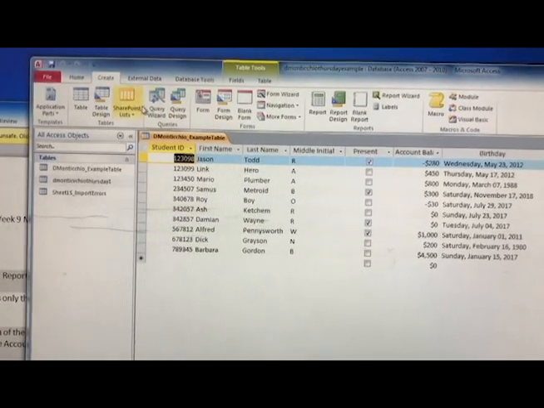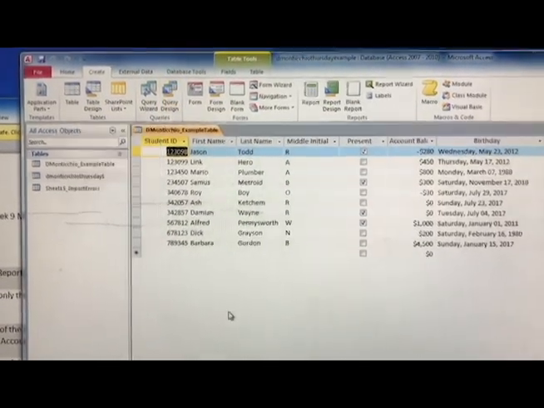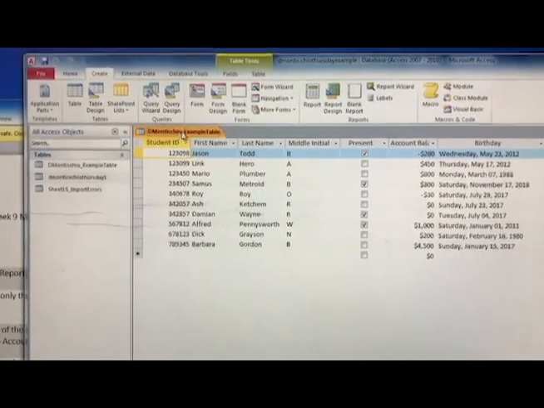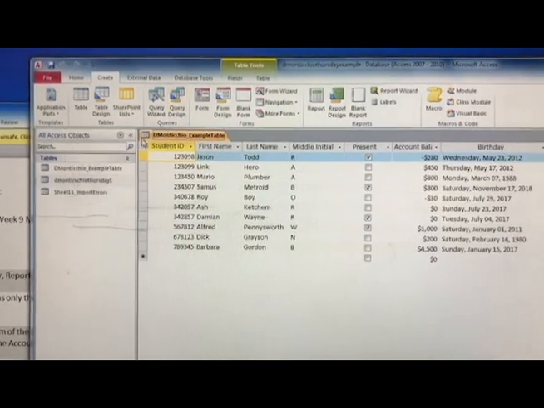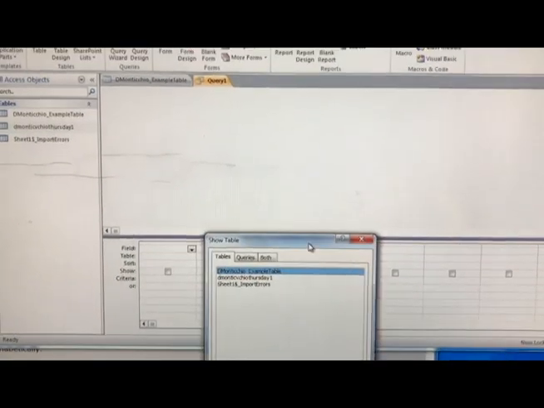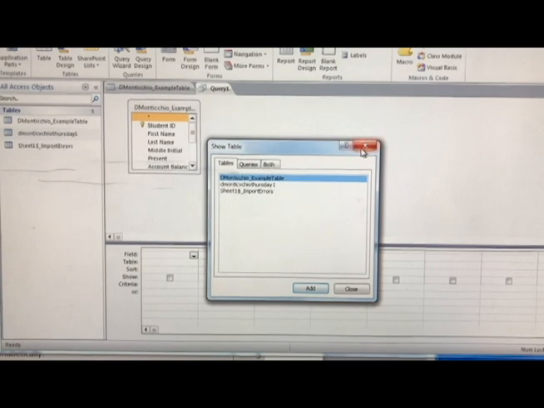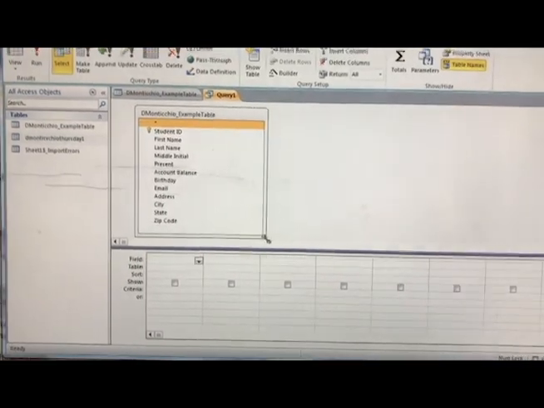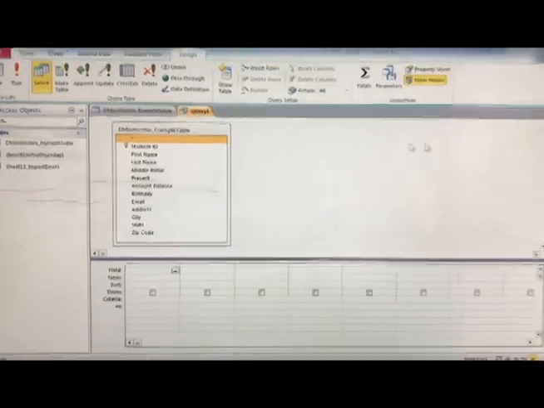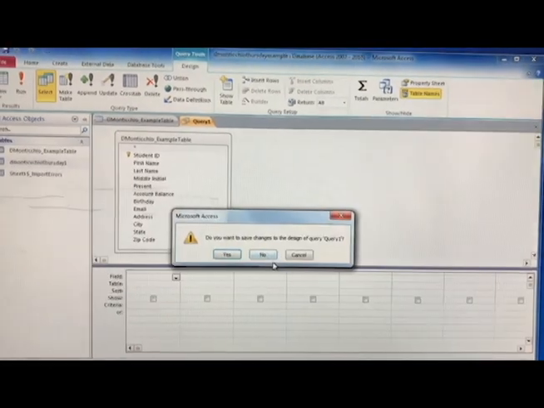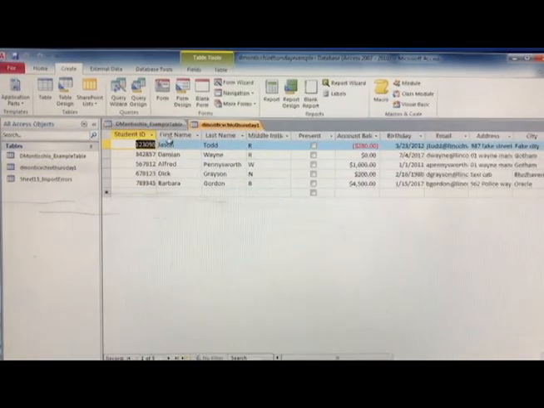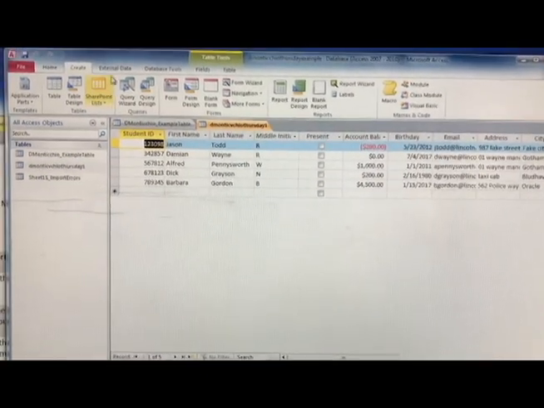So first things first, let's just go to query design. Actually, before, let me backtrack here. What you have selected is what you're going to create based off of. So if I make a query design based off of this, and I see that that's my example table, and I hit add and close, you'll notice I have access to all the information that I need. But if I were to instead close this out, no, I don't want to make any changes, and instead make it based off of this one, see how there's much less data, and I had to go to query wizard and I pick